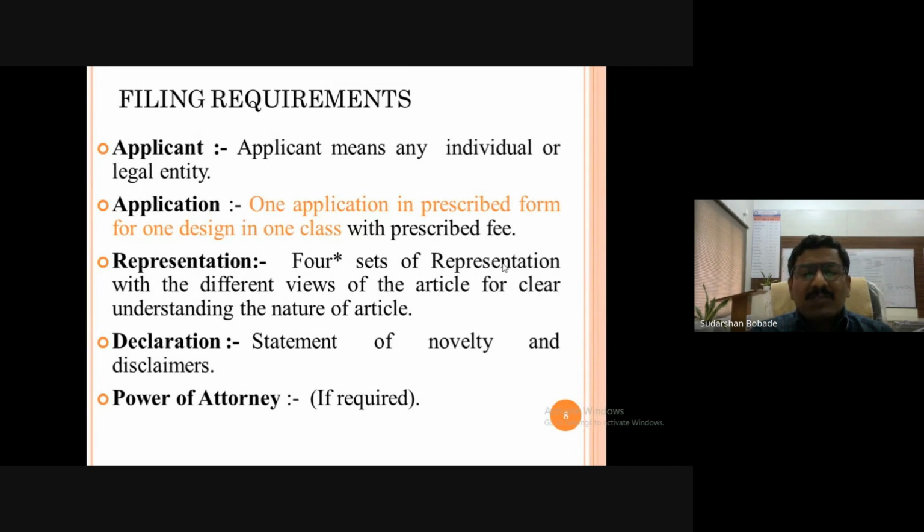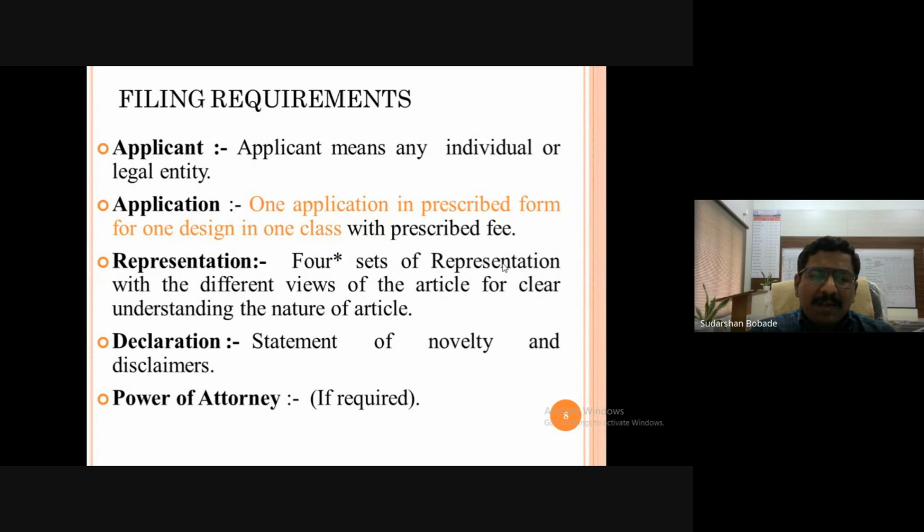So to avoid such confusions and complications: earlier, people were just trying to submit the representation sheet in hard copies only, because there is a difference in terms of the color shades. If you are claiming rights along with the design, along with the color combination, then the hard copy submission is mandatory,